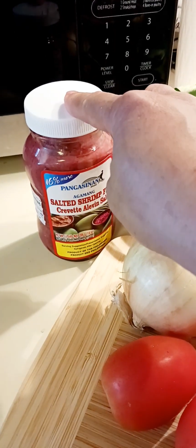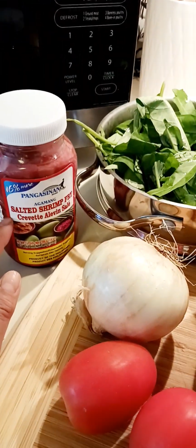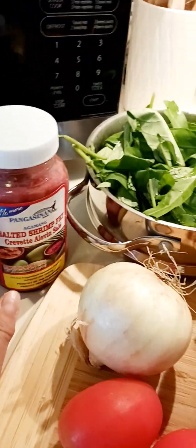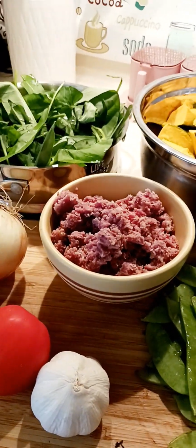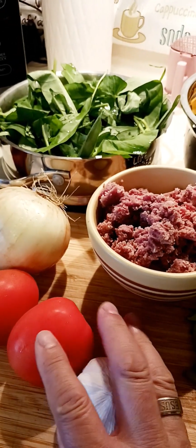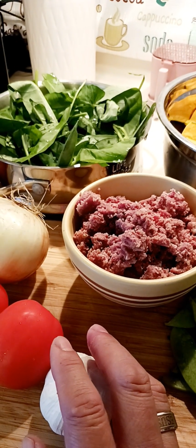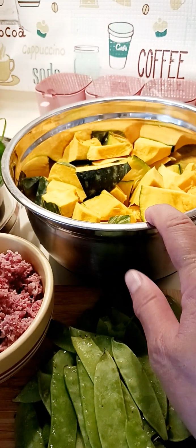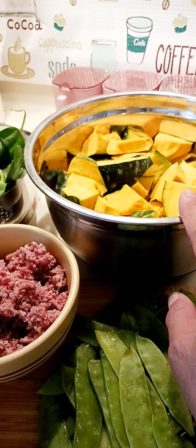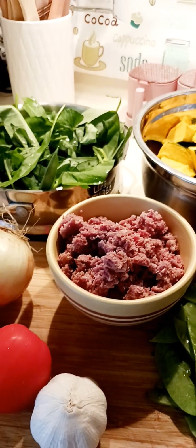Of course, I'll use a little bit of the salted shrimp paste. You don't have to use that. If that's your option, you can just use regular salt and pepper, but this one is the salt for today for this kind of menu. So I'll saute the garlic, onion first, and tomatoes, and once it's cooked, I'll put in the squash. It's hard to cook the squash, so I'm going to saute that first, and once it's cooked, I will put the